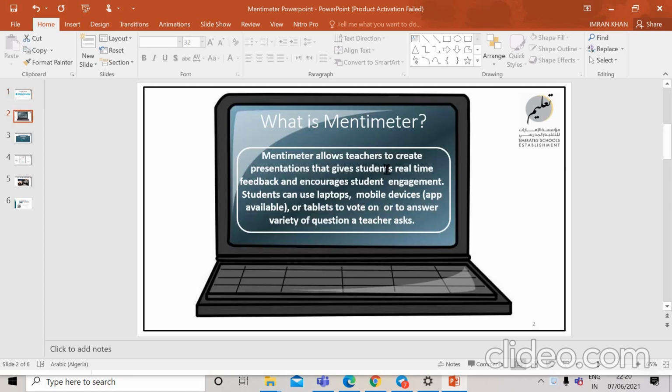Mentimeter allows the teacher to create presentations that give students real-time feedback and also encourages student engagement. Students can access the resources on Mentimeter by using their laptops, mobile devices, or tablets to vote on or answer a variety of questions a teacher asks.